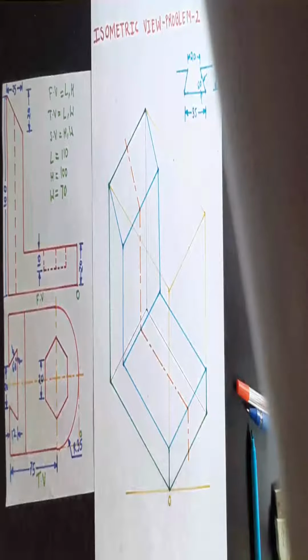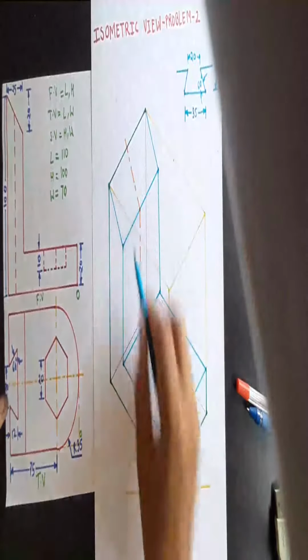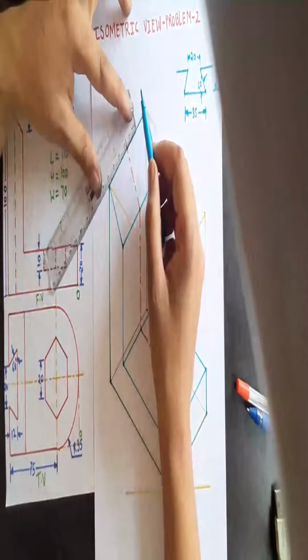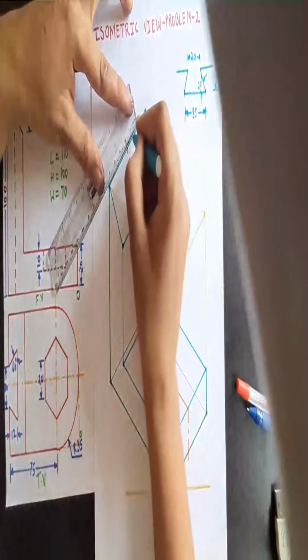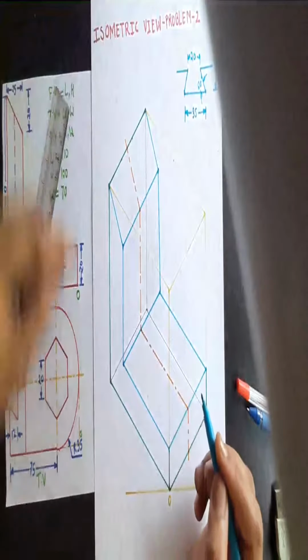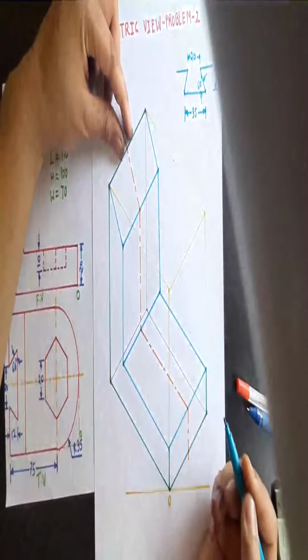Now to start this slot, you can see here there is a distance of 20 mm for this slot. So 10 mm on this side, 10 mm on this side, and that slot is away from the origin, that is here. So mark 10 mm on both sides of your symmetric line. So here is my 10 mm, here is the other 10 mm. Now this distance is 20 mm.